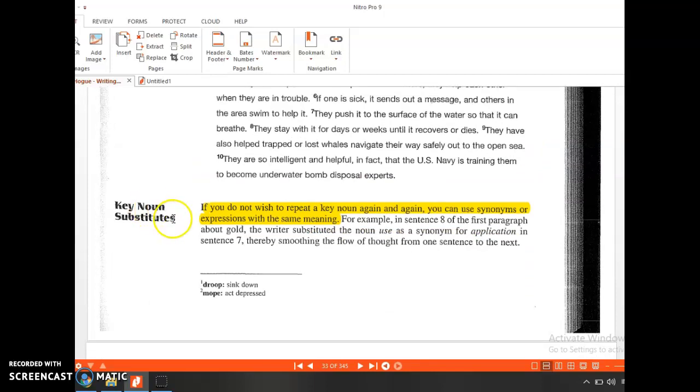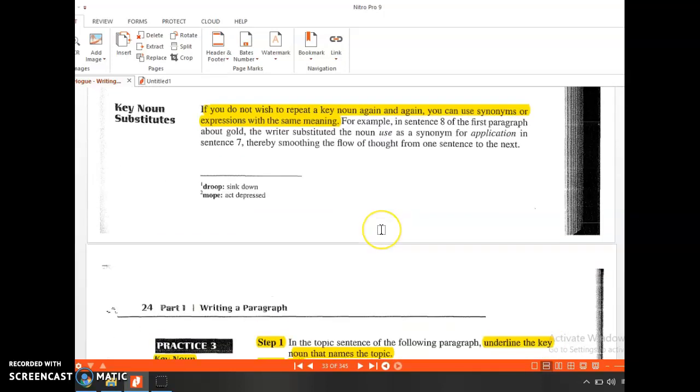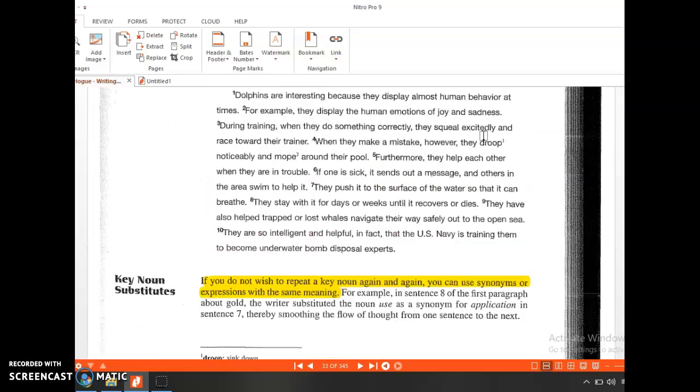Now, key noun substitute. Substitute means you change it with another word. If you do not wish to repeat a key noun again and again, you can use synonyms or expressions with the same meaning. So you have to use another word, which is the synonym, the word that has the same meaning to that key noun. For example, in sentence 8, in the first paragraph about gold, the writer substitutes the noun use as a synonym for application here in sentence 8 and